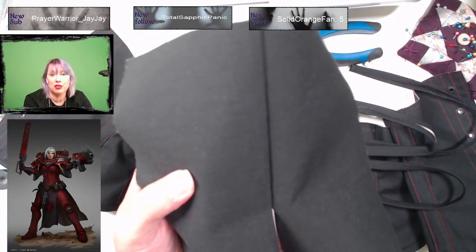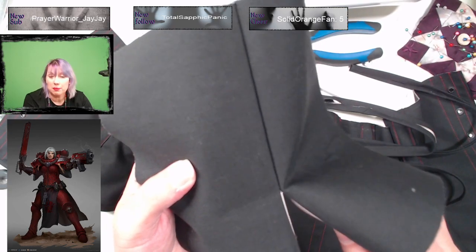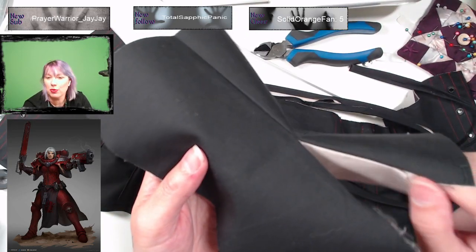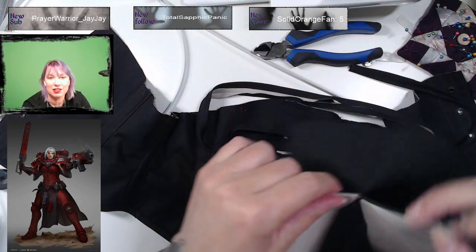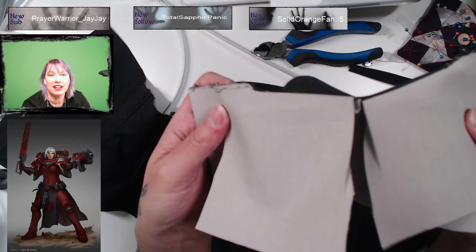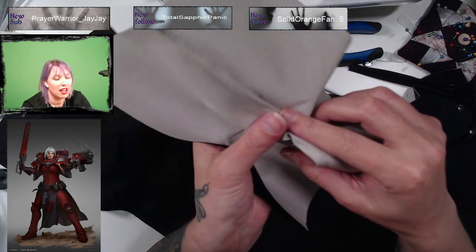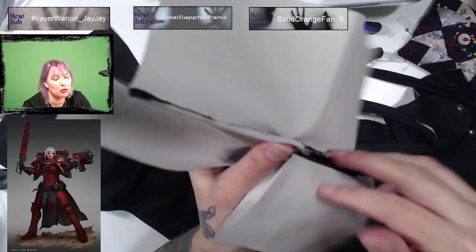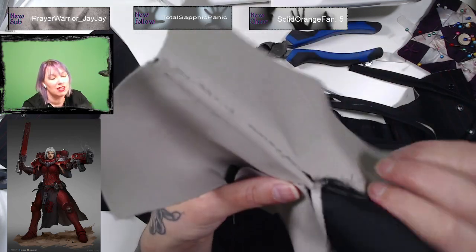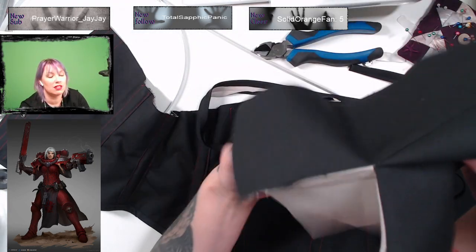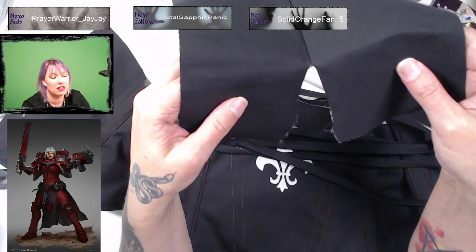But then I had to make the seam, and how am I going to do that when I have to make the weird seam so that it looks normal? So this is my little trial and error of how to put the seam so that I can make this French seam here like this, and then switch over to where the normal seams go, like that. So that was my little tester piece.